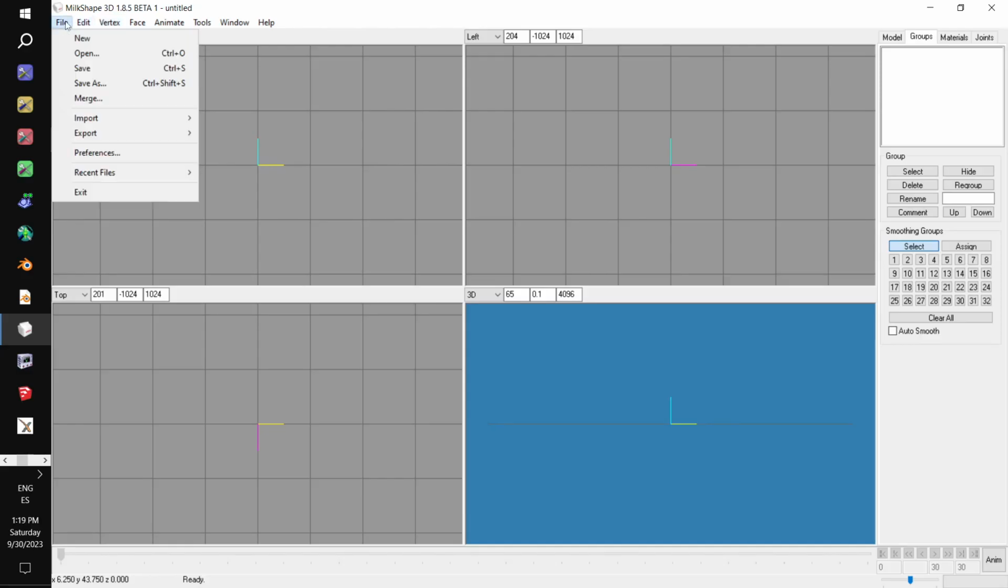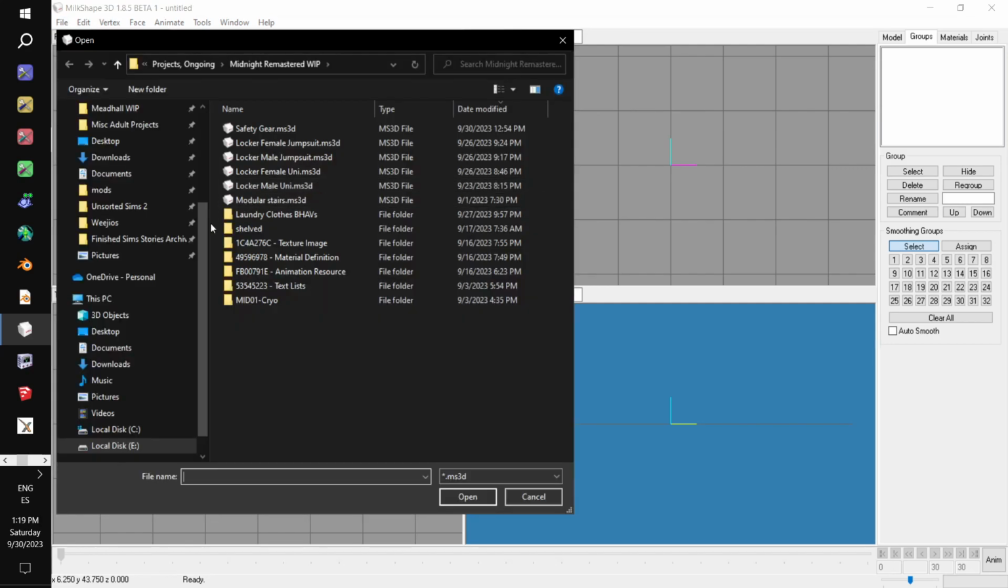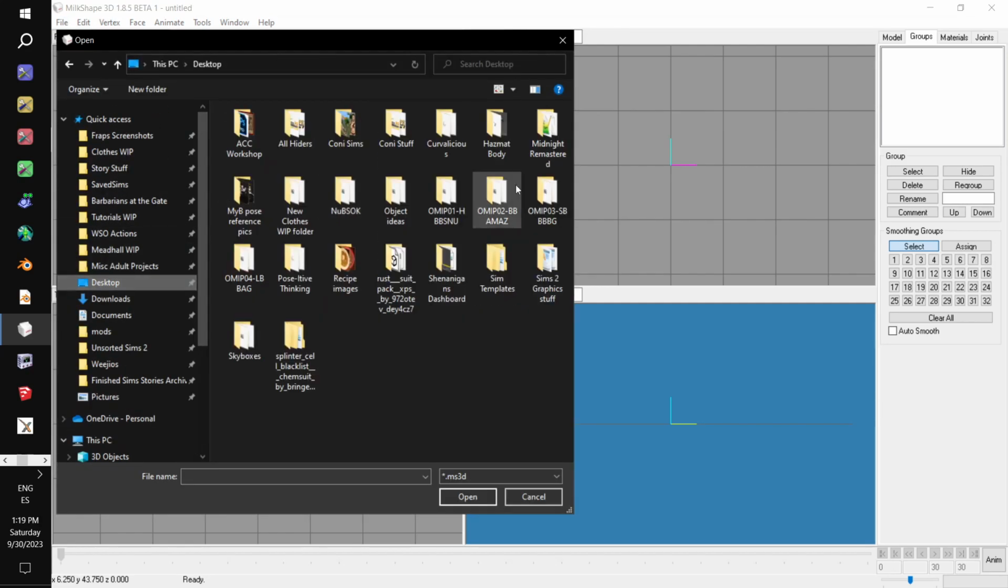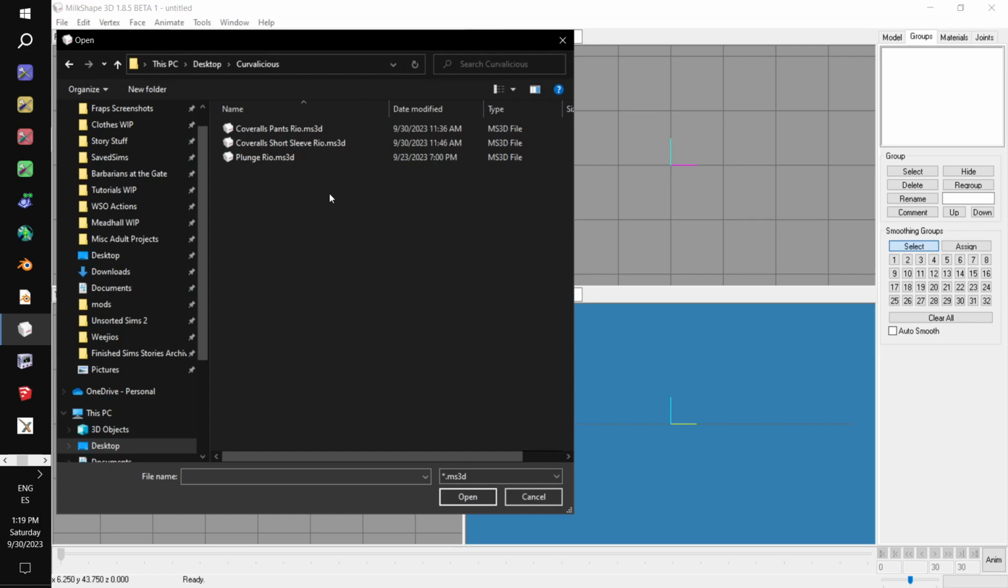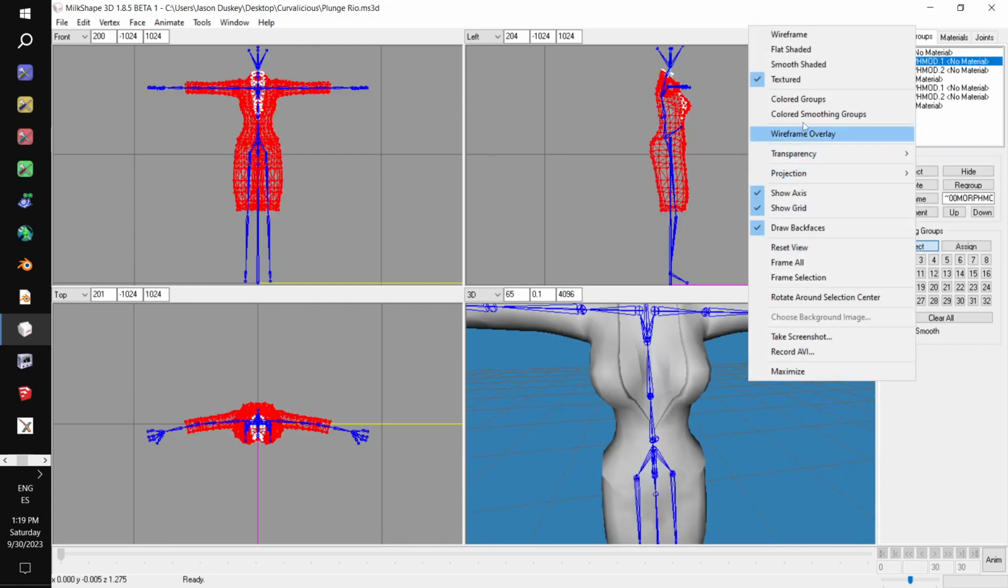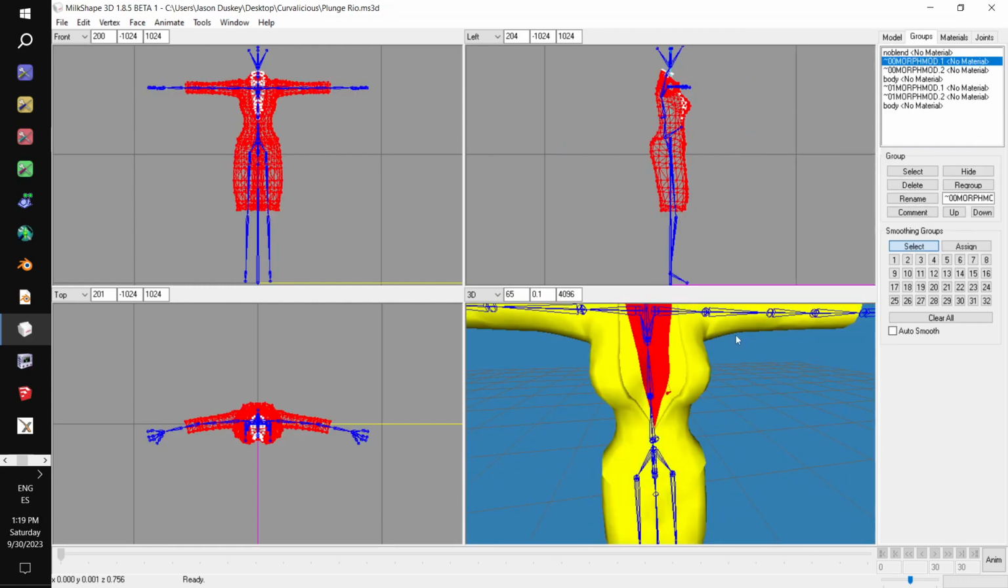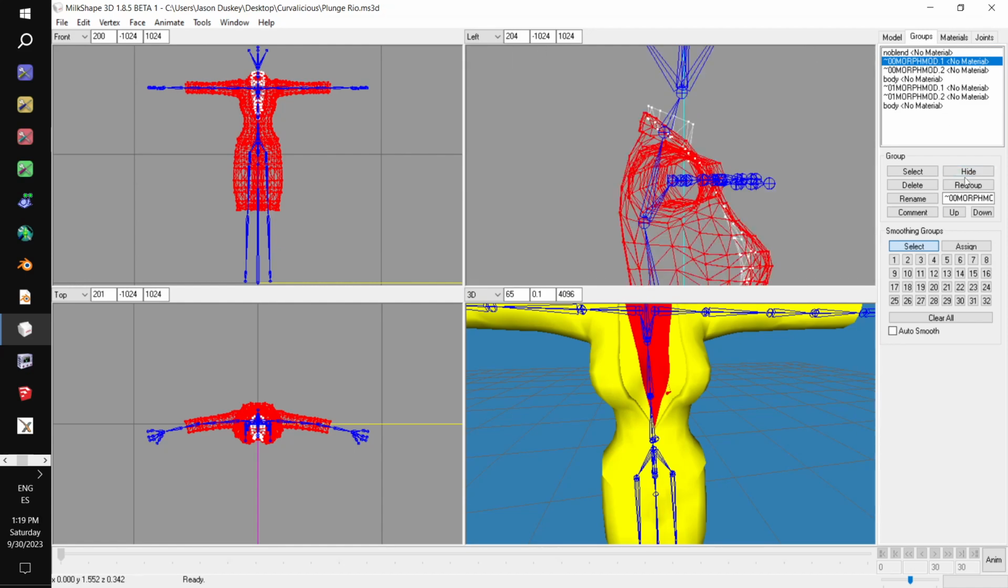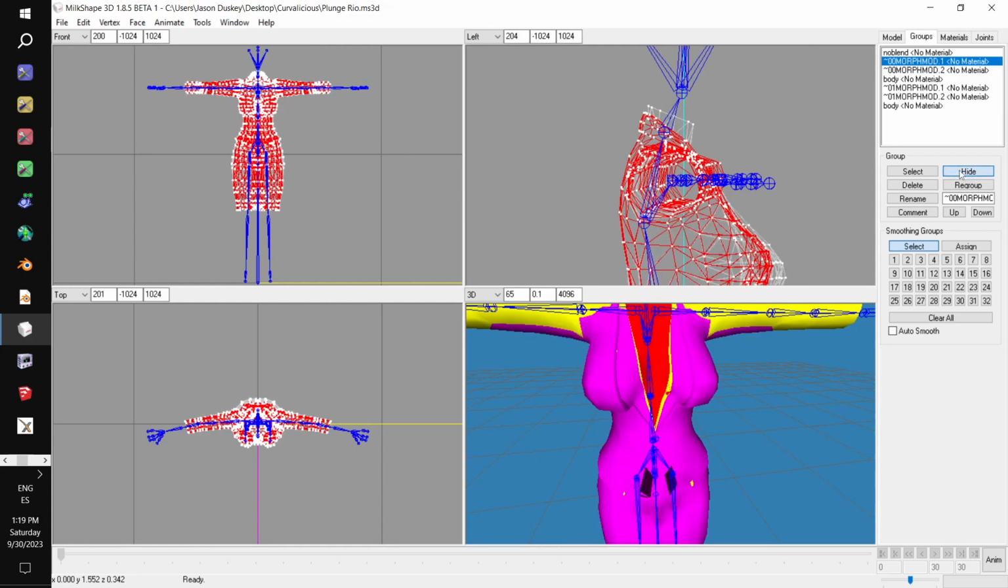So in Milkshape, we go File, Open, and I'm going to my project folder. Let's open that plunge dress. Yeah, that does poke out a little bit. Hadn't seen that before. So what we're going to do,